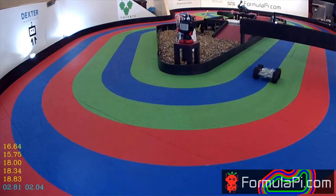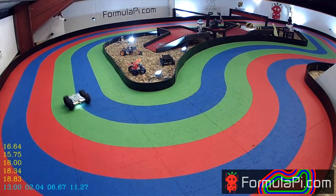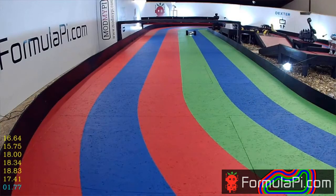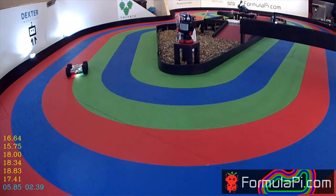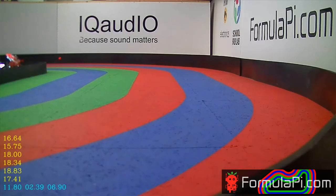But the first lap should be a little bit slower because you're actually starting from a standing start, and the next lap you come around, you've got a bit of momentum, so you should probably get the fastest lap time on your second lap around. That's by my reckoning anyway. In which case they've pretty much done that. 15.75, and